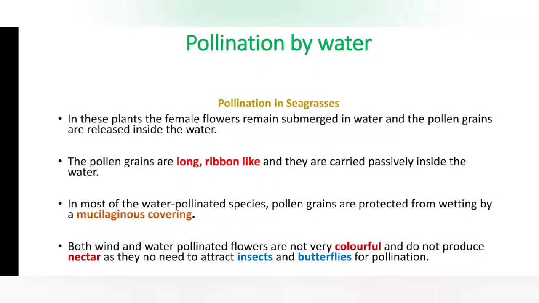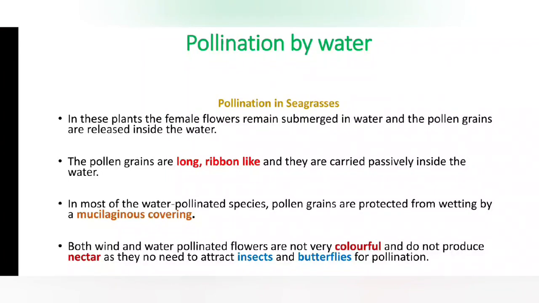Continuation. Pollination by water. Pollination in sea grasses. In this we are going to see how pollination takes place in sea grasses. In these plants, the female flowers remain submerged in water and the pollen grains are released inside the water. This is the difference between water hyacinth, water lily and sea grasses. Here the female flowers remain submerged, underneath the water. Even the pollen grains are released inside the water. They have some adaptations: the pollen grains are long, ribbon-like, and they are carried passively